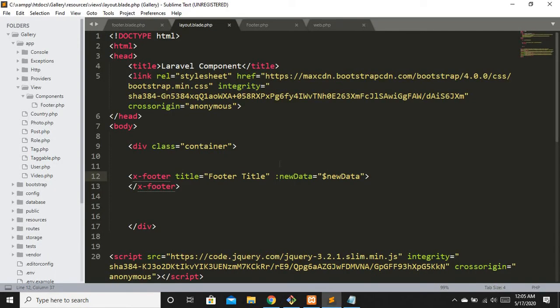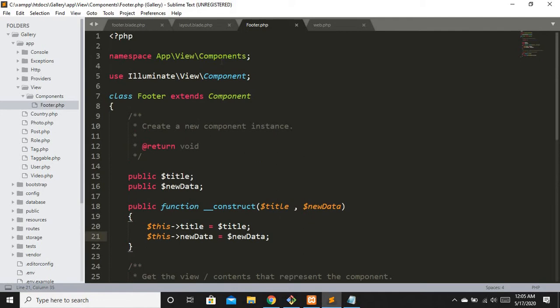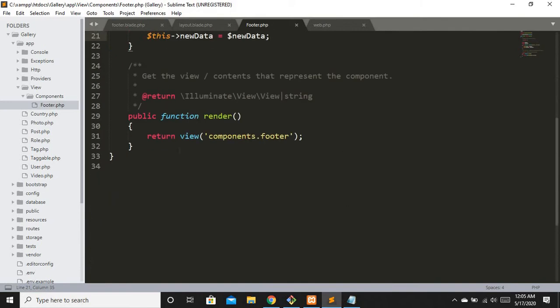Now let's say I am in my footer.php and I want all the posts, or I want to pass some specific data related to this footer that is saved in the database. You get that data in your footer class and pass it from right here.